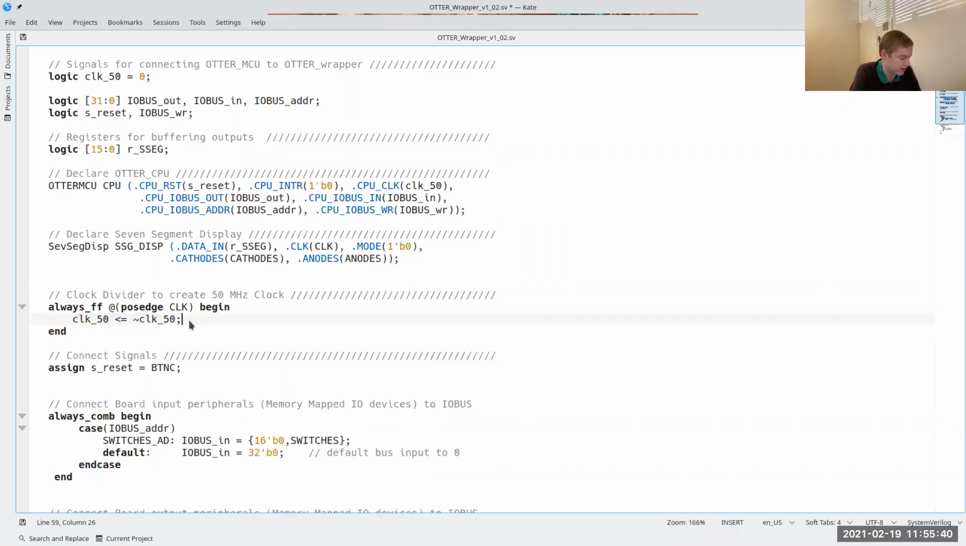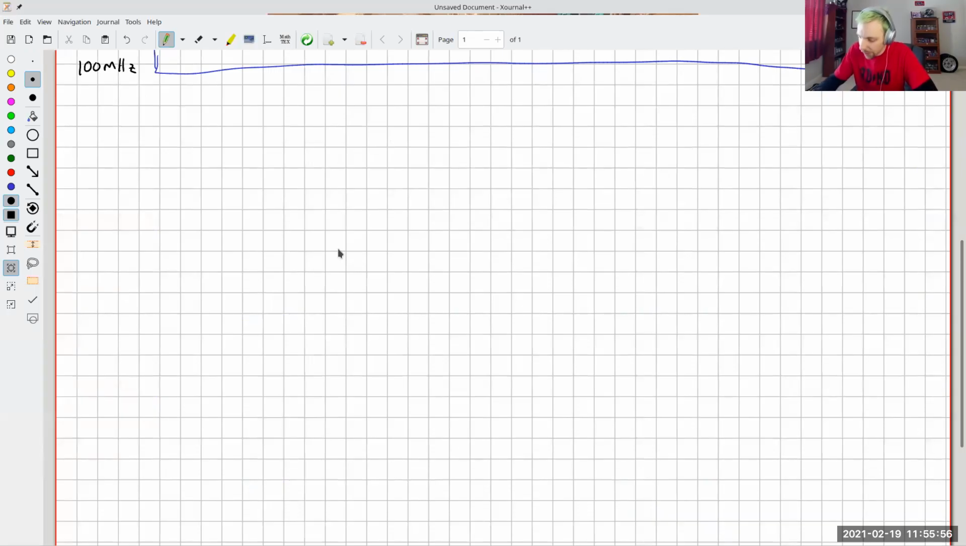That's the clock divider. So every rising edge on the 100 megahertz clock, it switches the value of the 50 megahertz clock. Yes, right. And so if we think about how that works, so if I have my 100 megahertz clock,